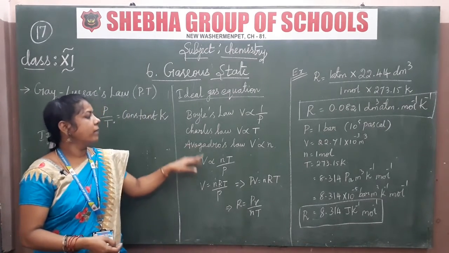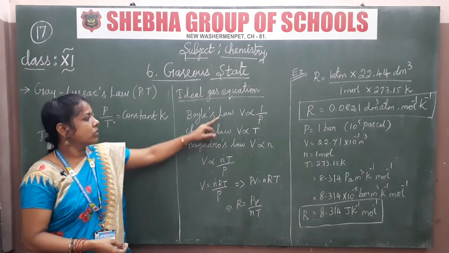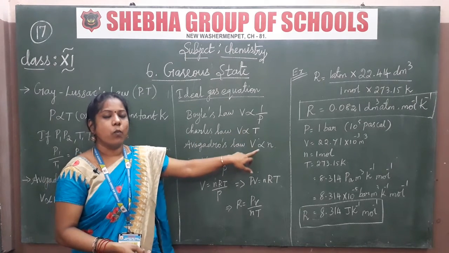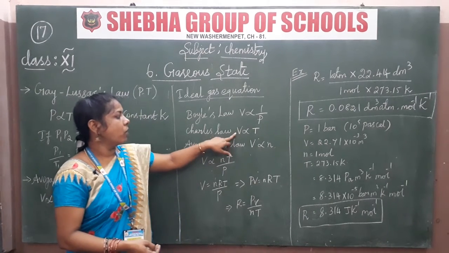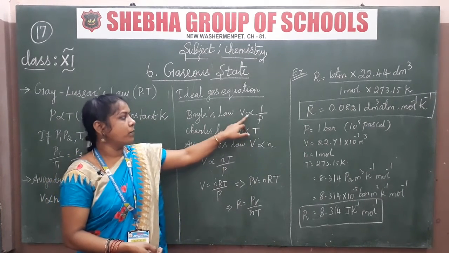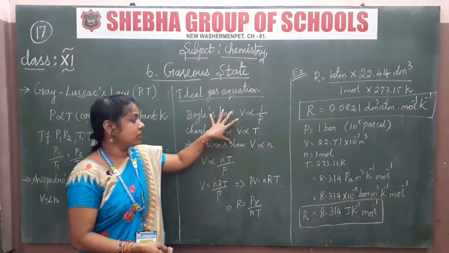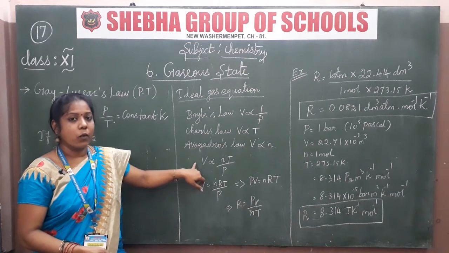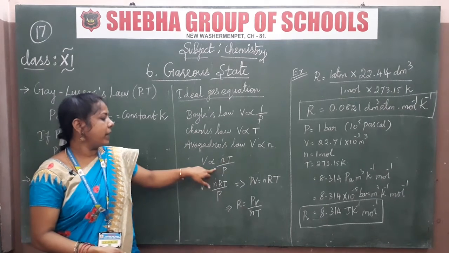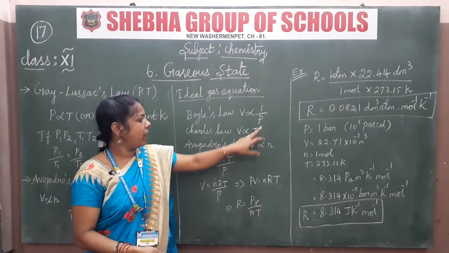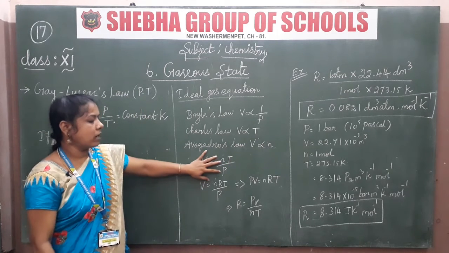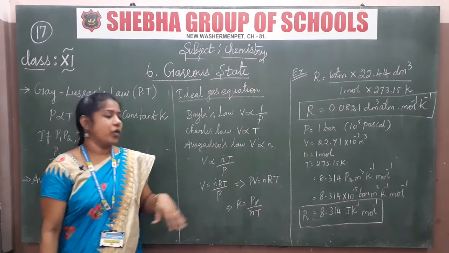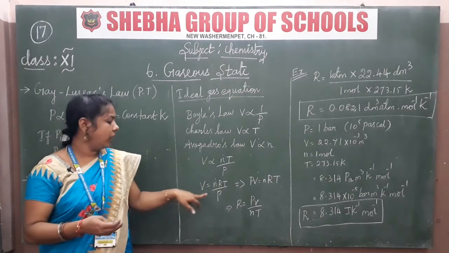Okay, so that is the combined formula. Also, volume is proportional, that is Avogadro's law, the volume is proportional to the number of molecules, directly proportional to the temperature, and inversely proportional to the pressure. So this is the general formula. These three laws have to be combined, and we can write volume proportional to NT by P. So when you write NT by P as a compound, you will write this kind of step. Okay? So from this formula, how do we change to a constant? Proportional has to change into equal, which means we can